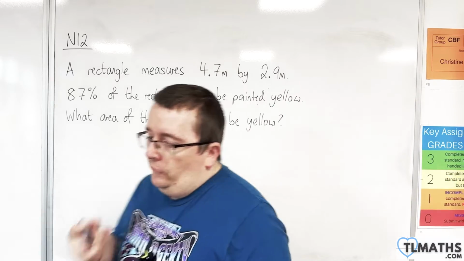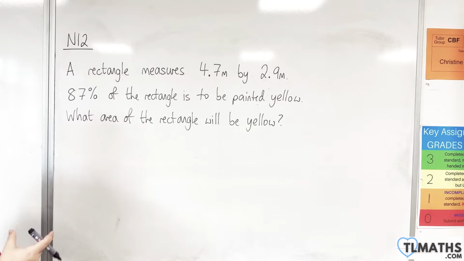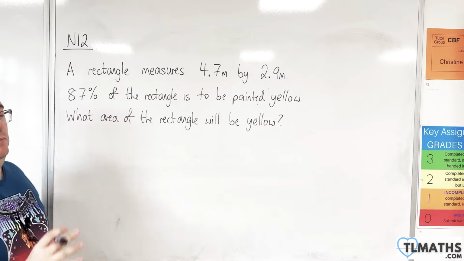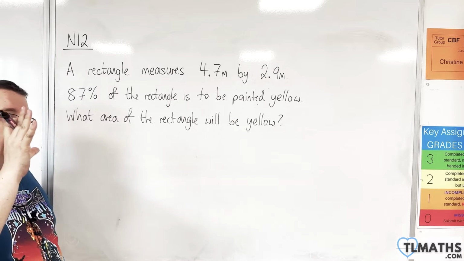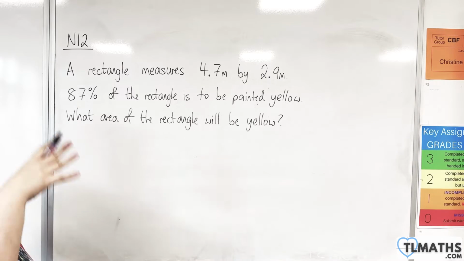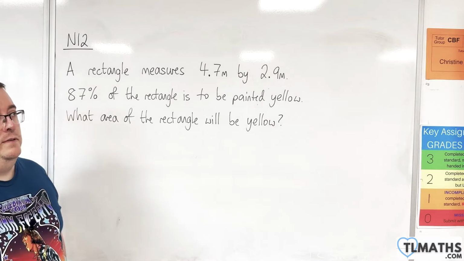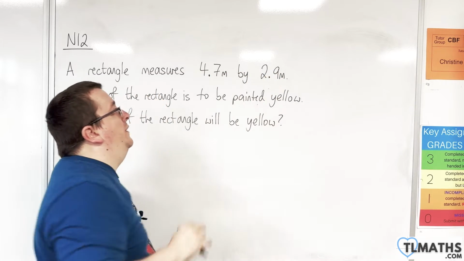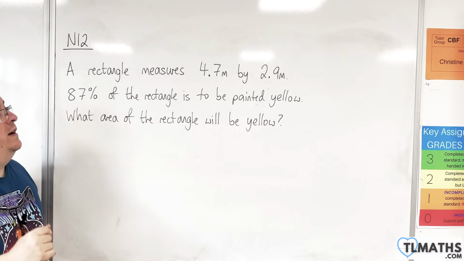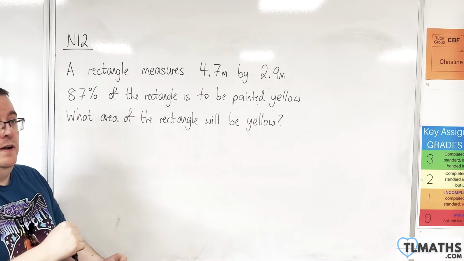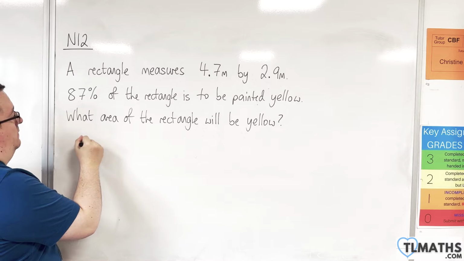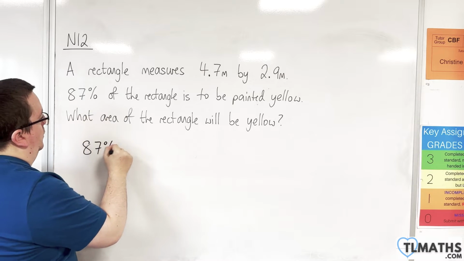Now, in this question, I would probably not be relying on breaking that 87% up into here's 50%, here's 10%, here's 10%, here's 5%, here's 1%, here's 1%. Because the amounts that I'm going to have are going to be quite nasty. Because I'm going to work out the 4.7 by 2.9 first. Because here we're looking at 87% of